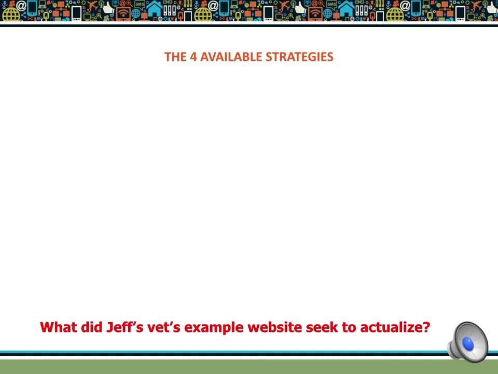When I first started teaching this course in the mid and later 90s, and wrote articles around it, there were 4 available strategies that were defined that are still relevant in my opinion. The first was using the web as a more effective distribution and transaction channel. Those are two different channels. One is to sell things, one is to distribute things.